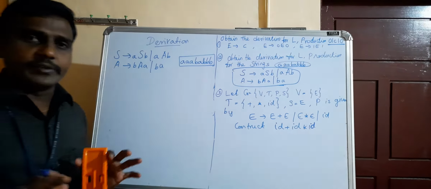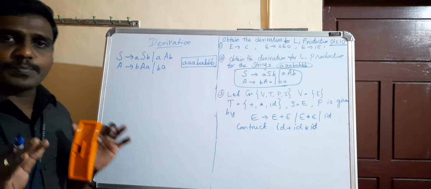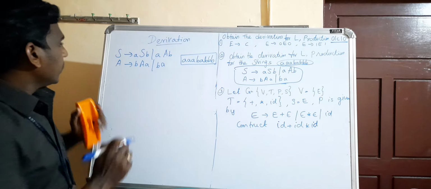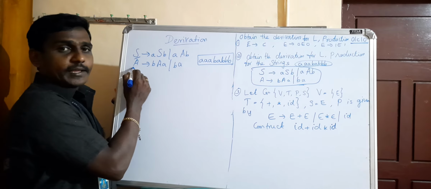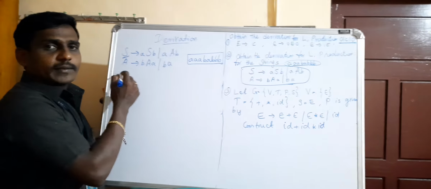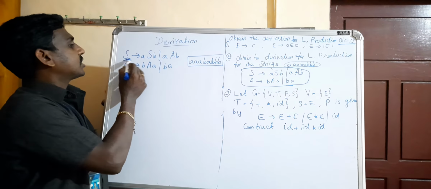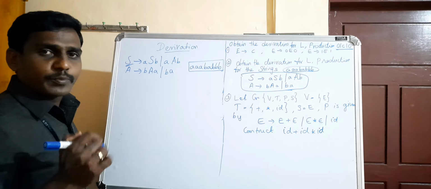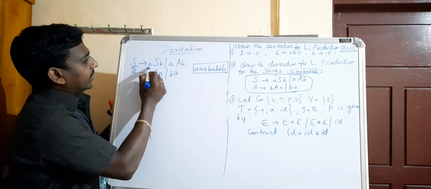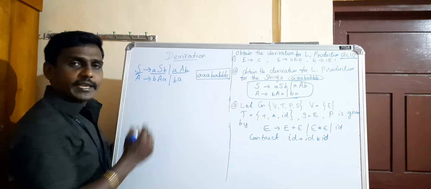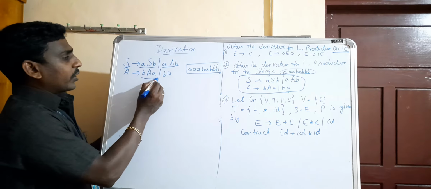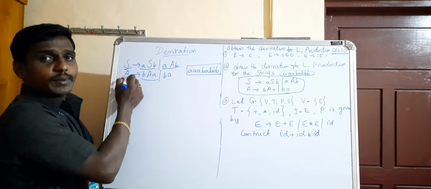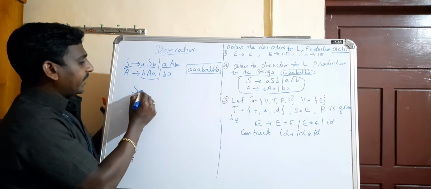Okay, according to our definition, we have to expand the start symbol. Here which one is the start symbol? S is the start symbol, not A, because S only is starting. The variable S only is started. So how many productions do I have for S? 2 productions. ASB I can write, AAB I can write. I can use 2 productions. So I cannot expand this one, because we are expanding the start symbol. So only the S production I can expand.